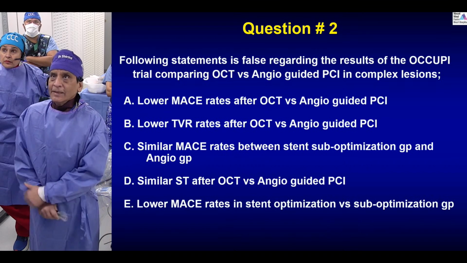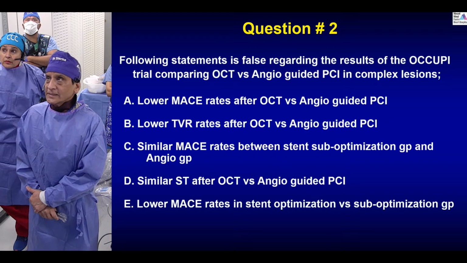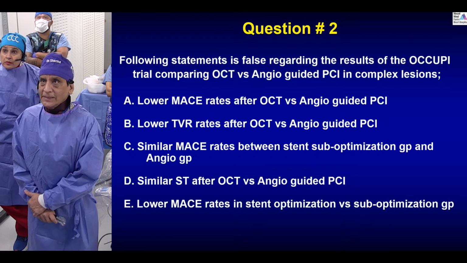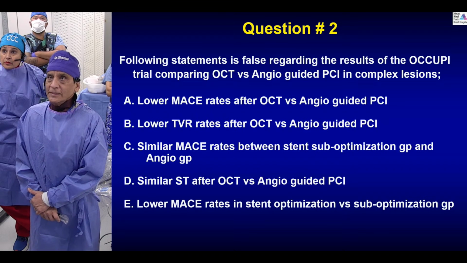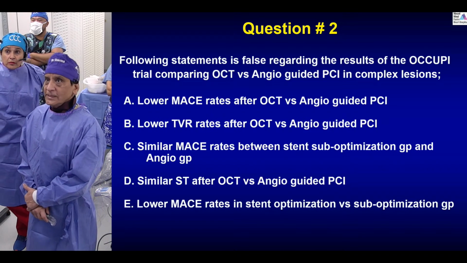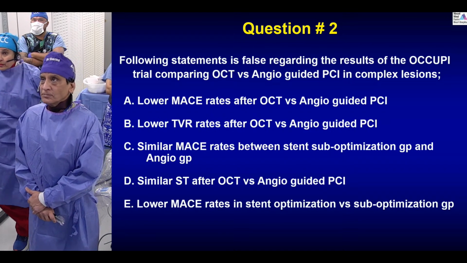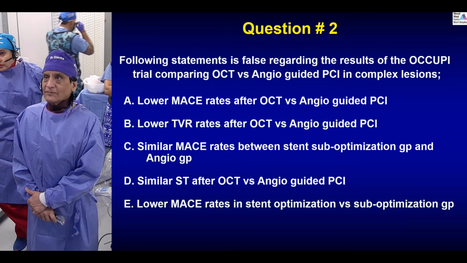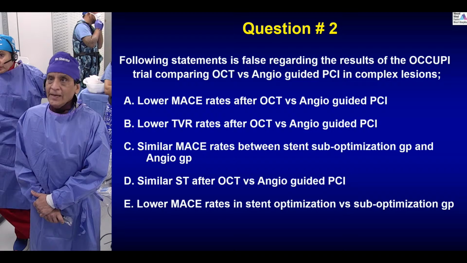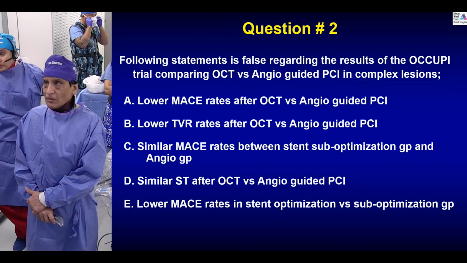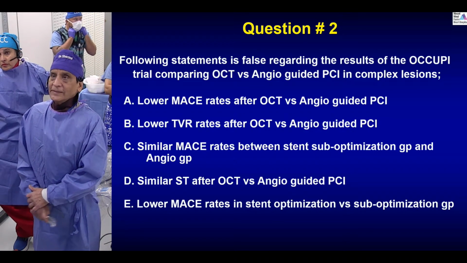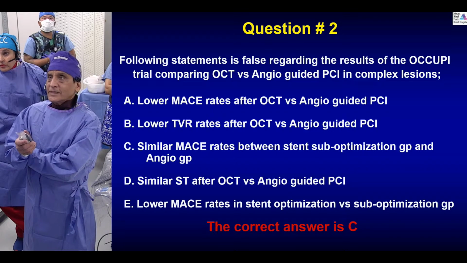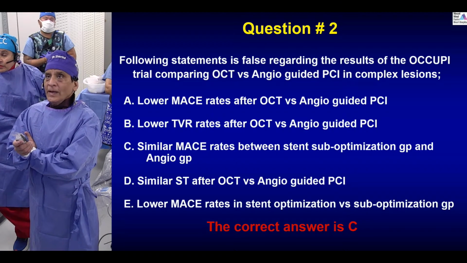Second, following statement is false regarding the results of OCCUPI trial comparing OCT versus angio-guided PCI in complex lesions: lower MACE rate after OCT, lower TVR rate after OCT, similar MACE rates between the stent sub-optimization group and angio group, similar stent thrombosis after OCT versus angio-guided PCI, and lastly, lower MACE rates in stent optimization versus sub-optimization group. So basically, in this particular case, C, similar MACE rates between the stent sub-optimization group and angio group is